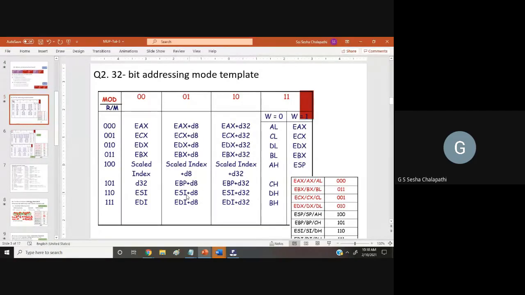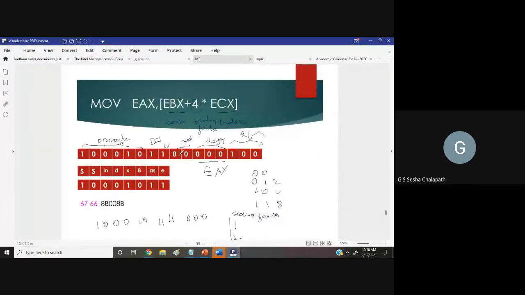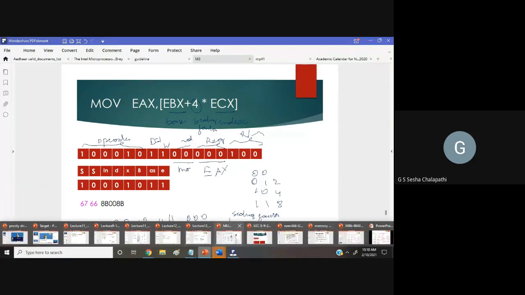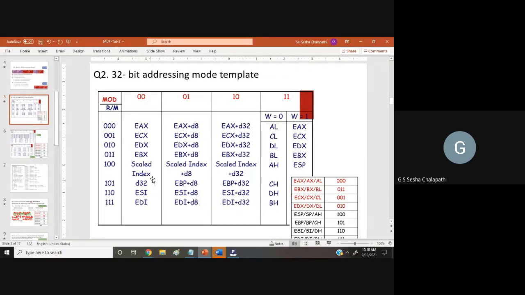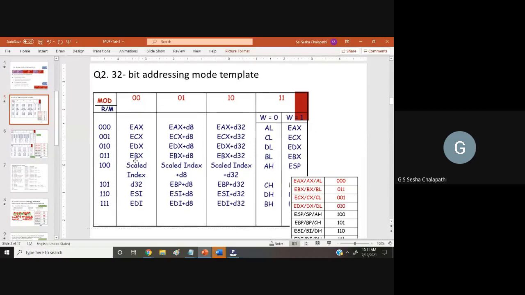In this case, you will be choosing 00100. This is the mod field, and this is the r by m field, as we have seen here. You will be using this particular thing.